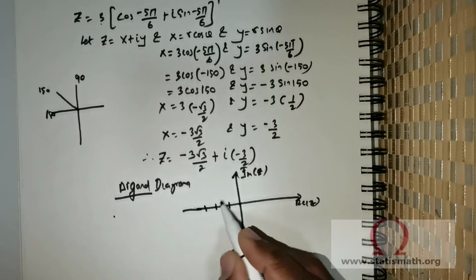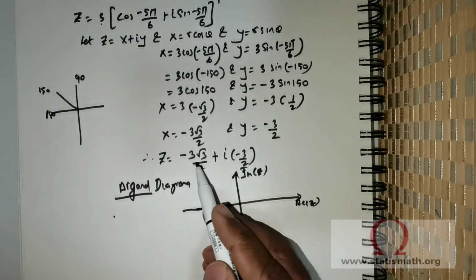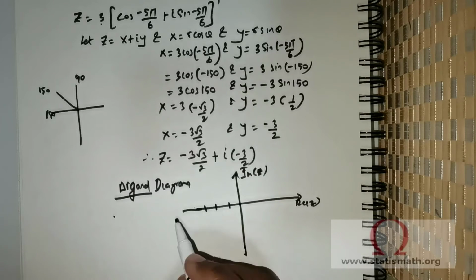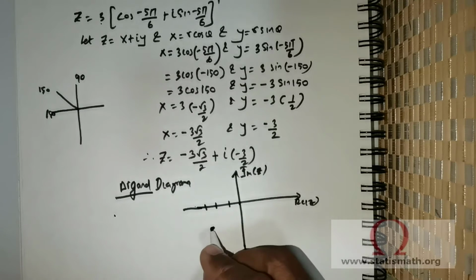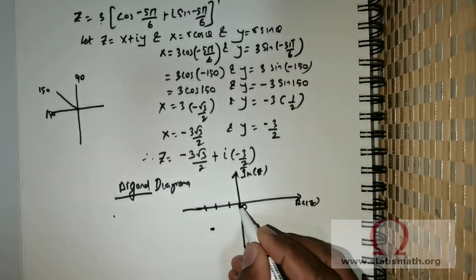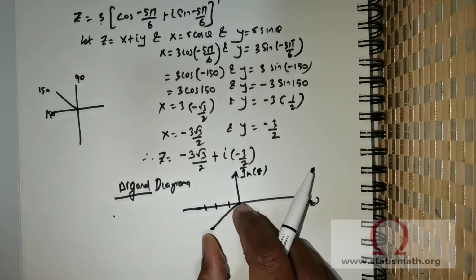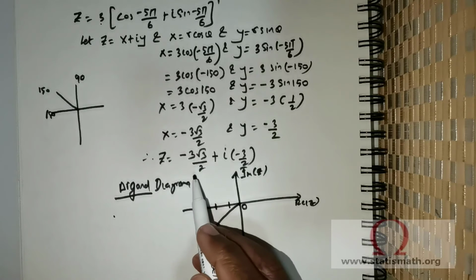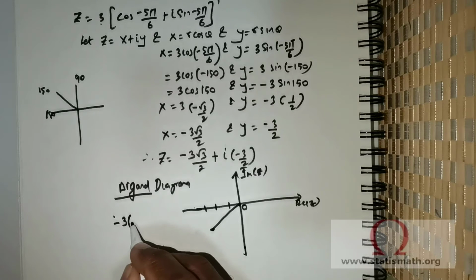You don't need to be negative or positive, but because of the negativeness of the x coordinate and the negative nature of the y coordinate, I'm moving 3 units, so that is going to be somewhere over here. If this is the origin, you connect the complex number stretching 3 units, but you need to plot this point. Approximately, if I were to use the calculator, it would be 3 times negative 3 times root 3,